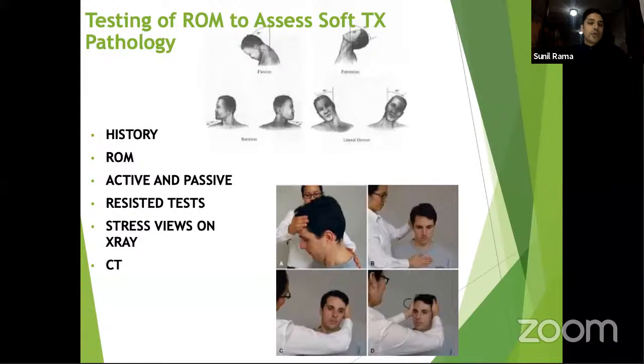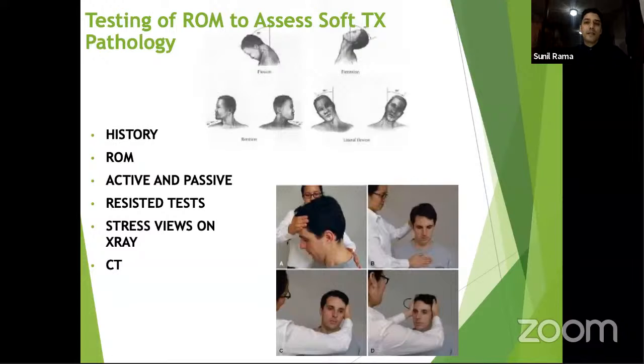To test the range of motion and assess soft tissue pathology, a thorough case history, as I discussed, is of vital importance. Assessing the range of motion can also help with determining instability and if it is ligament or muscle. Now, asking the patient to move the neck allows the muscle, the ligament, and the joint to be tested. But passive testing by the examiner eliminates muscular control, and any pain felt can be successfully diagnosed as a ligament sprain and instability. Now, in these trauma cases and persistent neck pain,